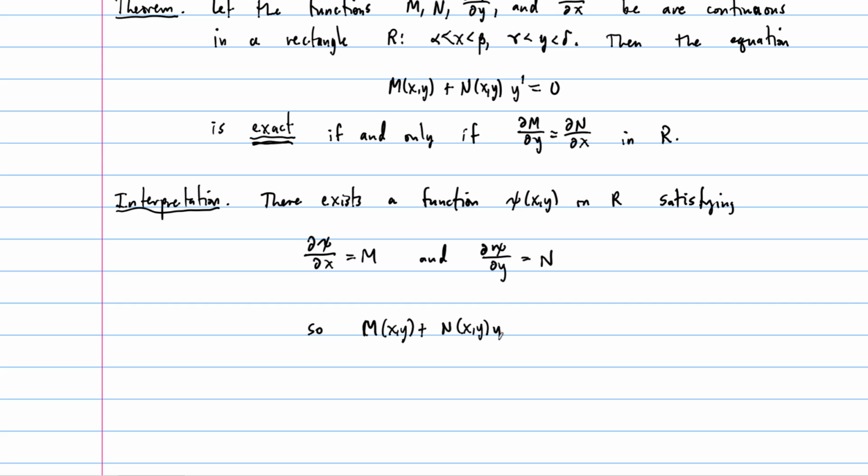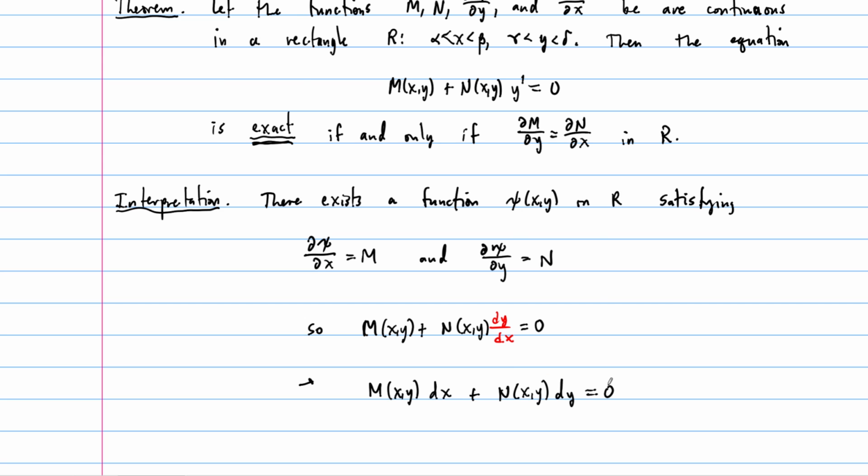Remember, this is the differential equation that we're given. First of all, this y prime can be replaced by a dy by dx. And if we think in differentials, we can multiply the whole equation by dx, by a tiny, tiny change in x. So this equation becomes m of x,y dx plus n of x,y